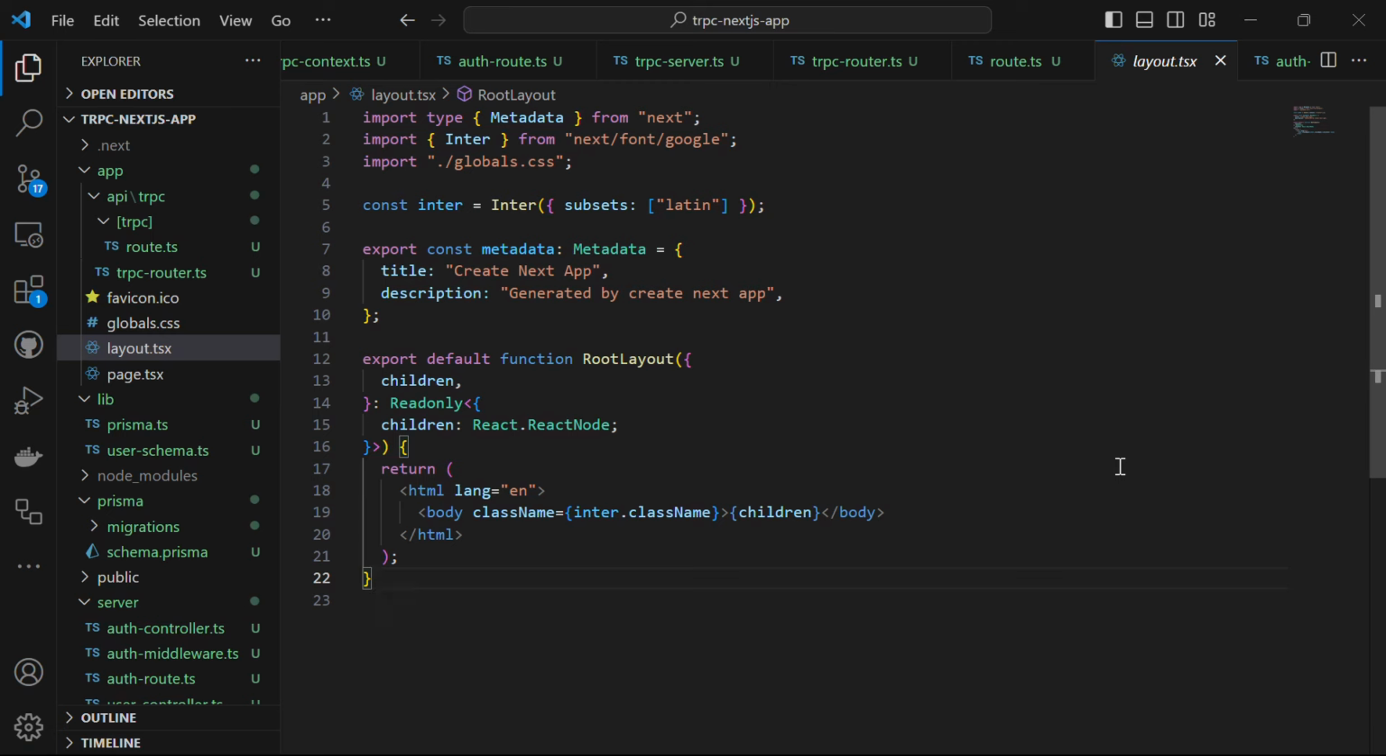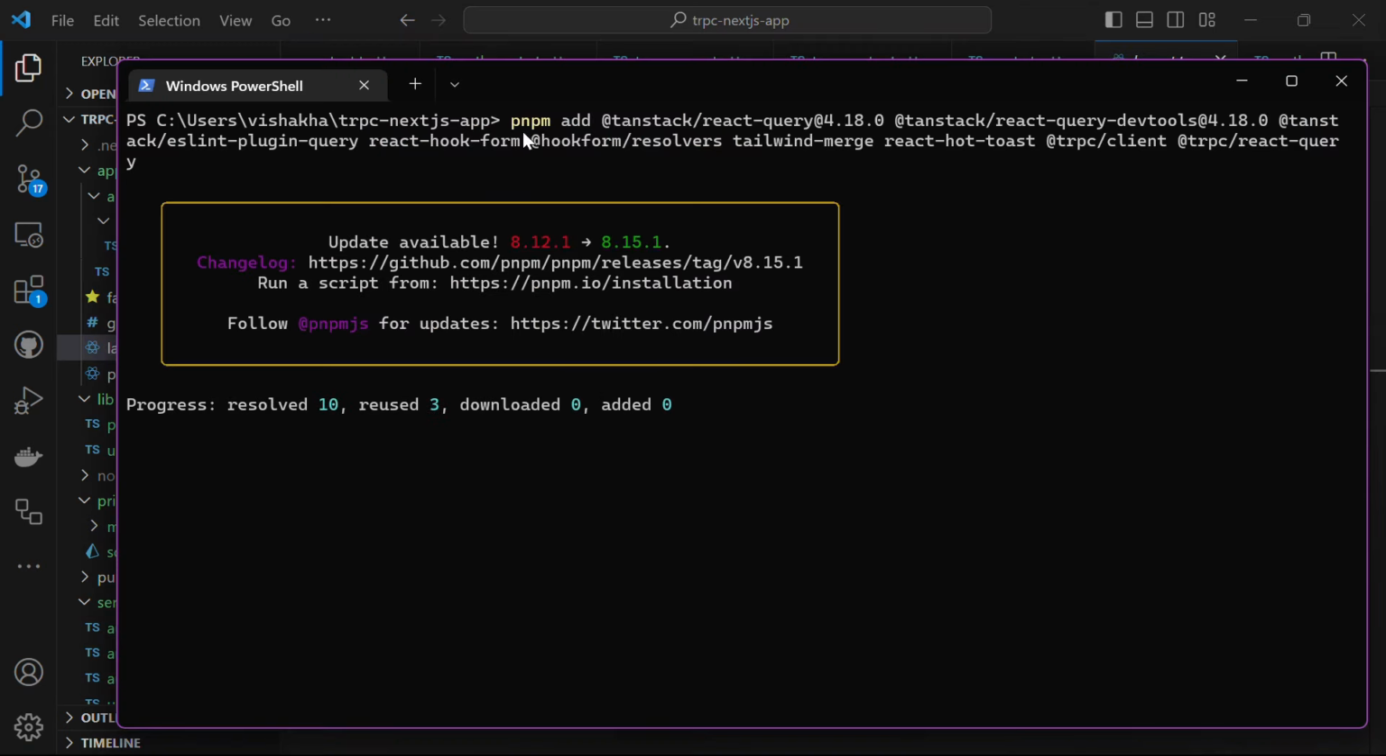Alright, and now that we have the backend part, or we can say the server part of our application ready, the next thing we will do is create our front-end part of our application. Open up the terminal and run the command pnpm add